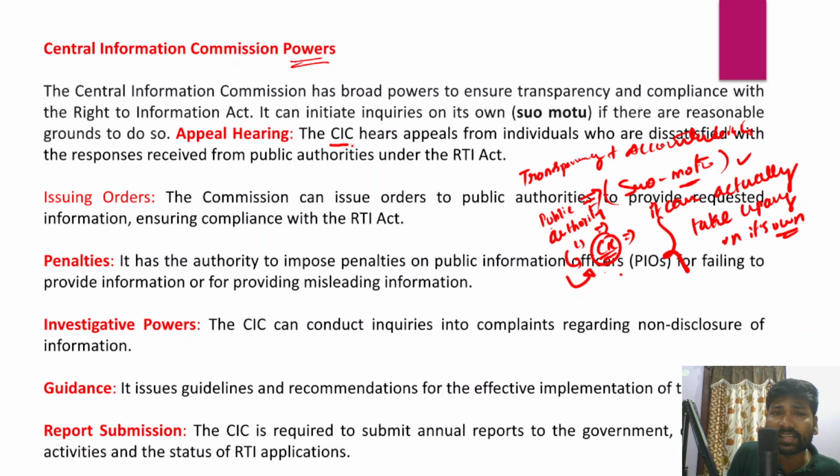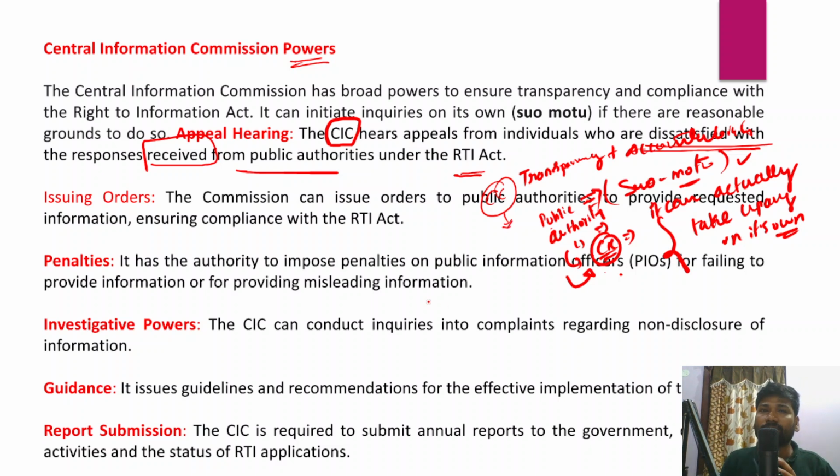And in fact, the Central Information Commission hears appeals from individuals who are dissatisfied with the responses received from public authorities under the Right to Information Act. If any citizen is dissatisfied with the way the public authorities have been providing information, then the CIC jumps in and ensures that the citizen receives the information he or she has sought, within a specific time frame as well. So essentially it ensures that whatever grievances the citizens have would be resolved by the